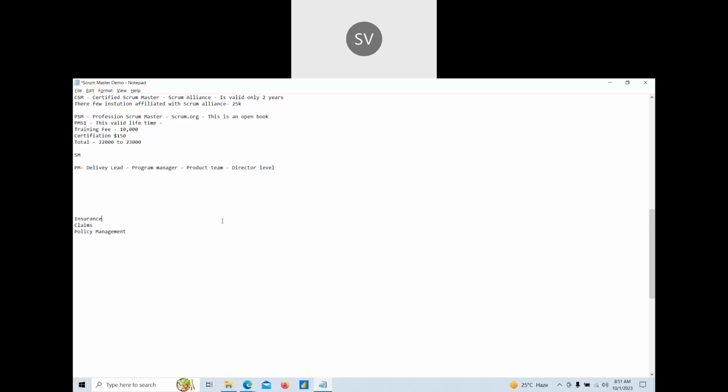Again under insurance we have different verticals like life, annuities, right? Each of these verticals will have its own Scrum Master. So in safe agile, what we have is a Scrum of scrums.